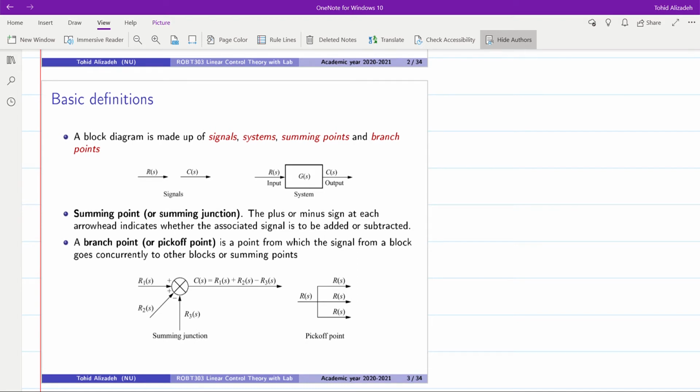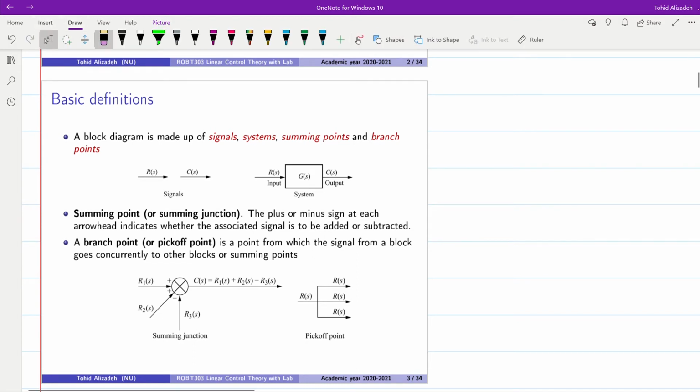So we have these elements. We are going to deal with signals, which will be shown in the form of a directed arrow with the name of the signal written on it. We will have the systems, which will be shown in the form of a box, usually a rectangle, with the name of the system written inside. Indeed, G of S, which is written here,